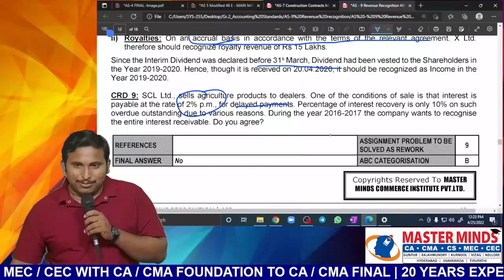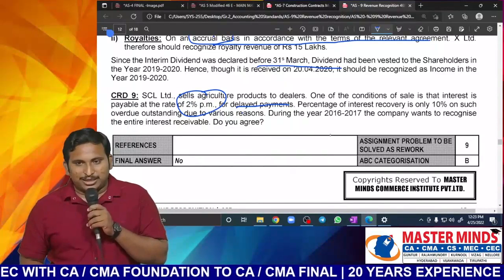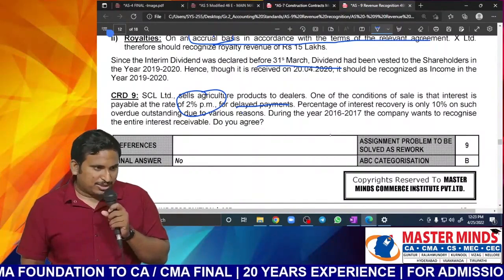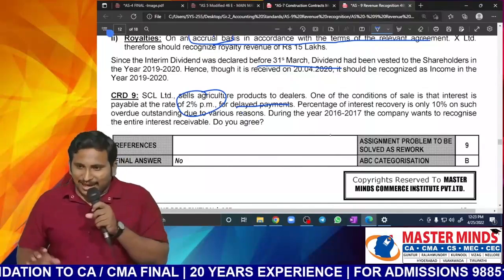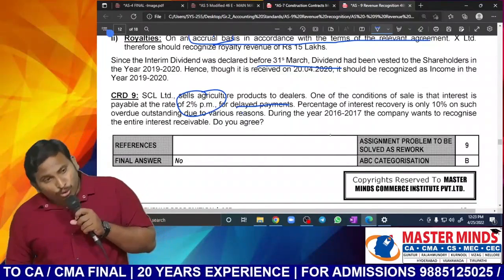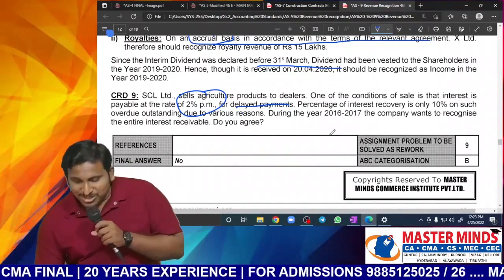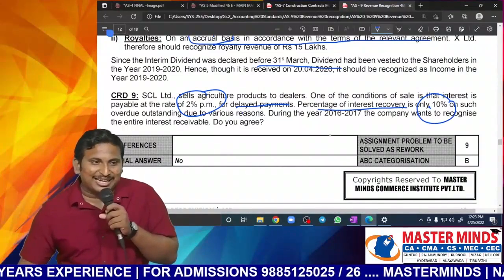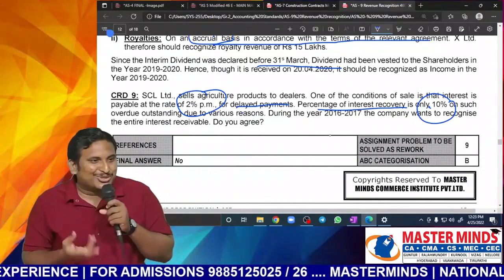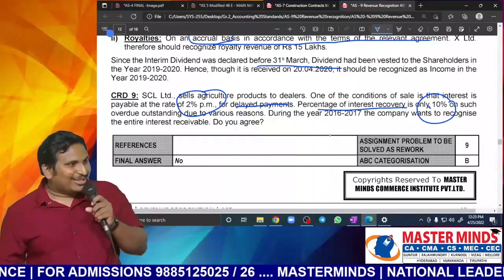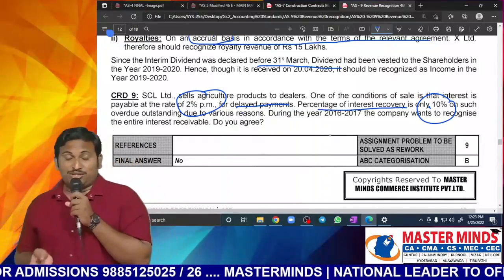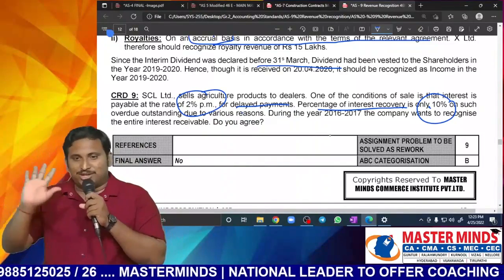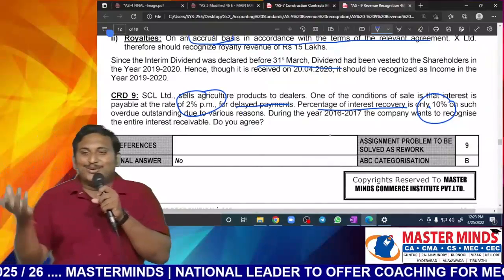But what is happening really is, suppose a particular party has not paid. He is requesting, sir, from next time onwards I will pay properly. This time you please excuse me. Like that many customers are requesting. Though we are charging interest, how much are we actually recovering? Percentage of interest recovery is only 10%. The other 90% give some good words to you and they are escaping. In other words, the amount is not certain. They are telling, sir, next time I will not do it. This is the last time. If next time I do, please do that. Of course, next time I will say the same words. Sir, are you getting the point, sir?